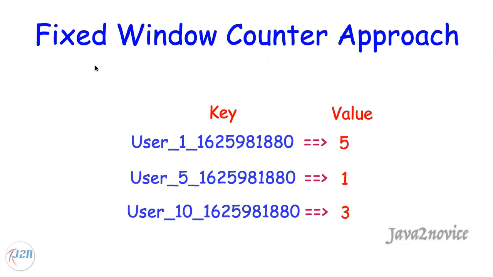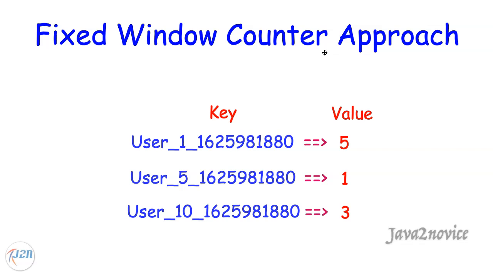The next approach is fixed window counters. It is somewhat similar to the token bucket approach, but Redis operations are atomic here. Rather than doing read and then write based Redis operations, here it is write and then read based Redis operations. This approach is also very simple and memory efficient.